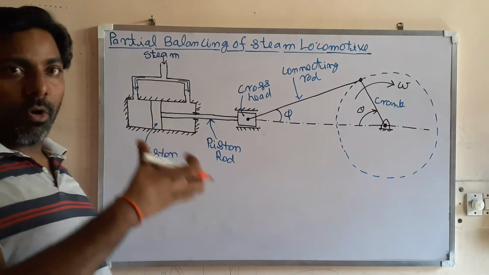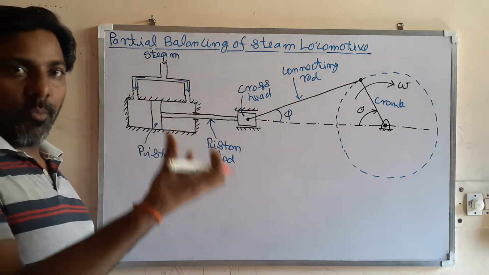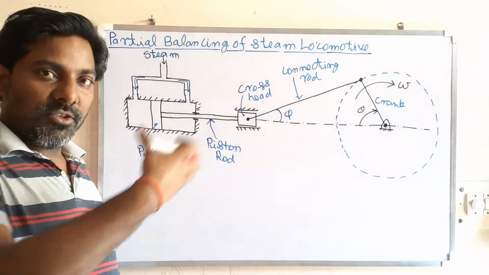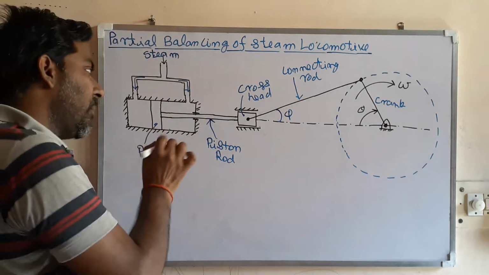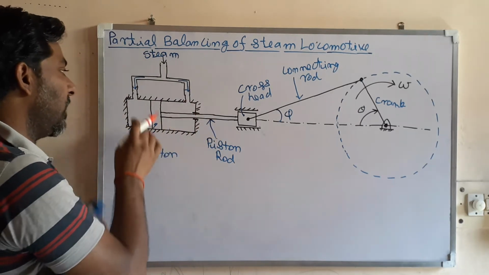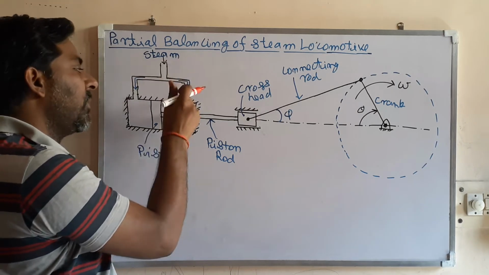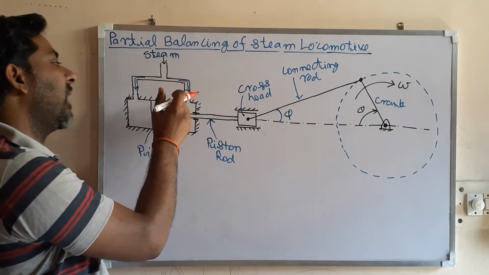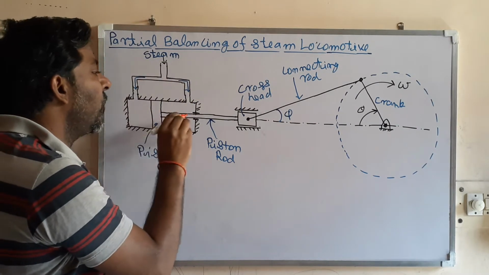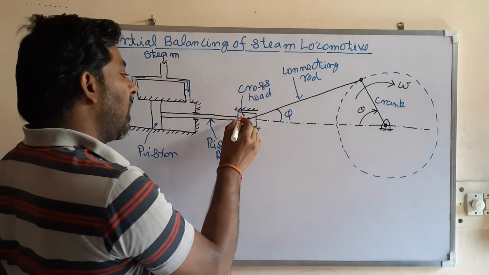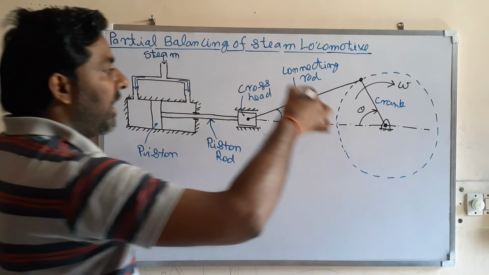By burning the coal in the boiler, you are converting the water into water vapor, that is, superheated steam, and this superheated steam is coming. Now this is the double acting steam engine, so there is a control valve, meaning the steam will go from here or from here. There is a mechanism which operates this. When the steam comes from here, the piston will move here. When the piston moves here, the piston rod and the cross head will move, and the wheel will rotate in this direction.